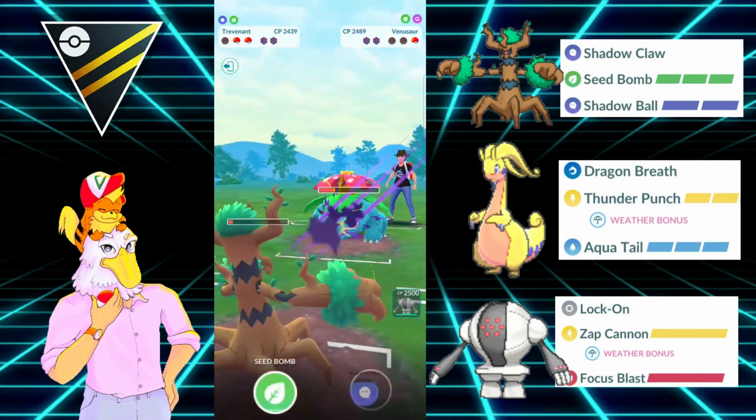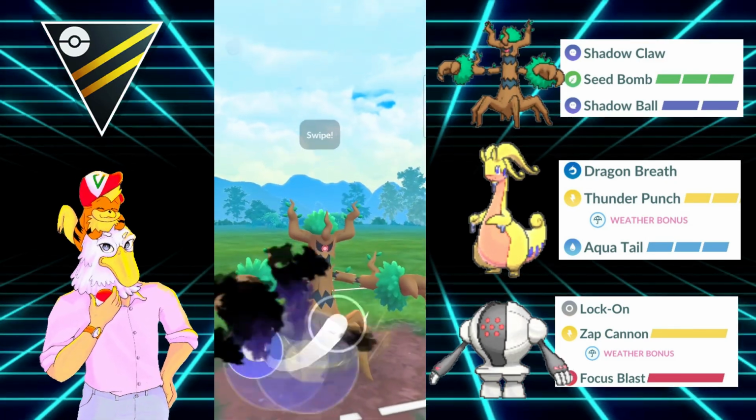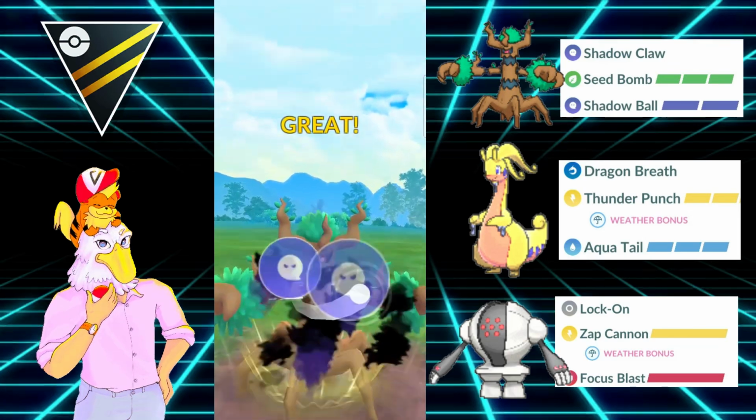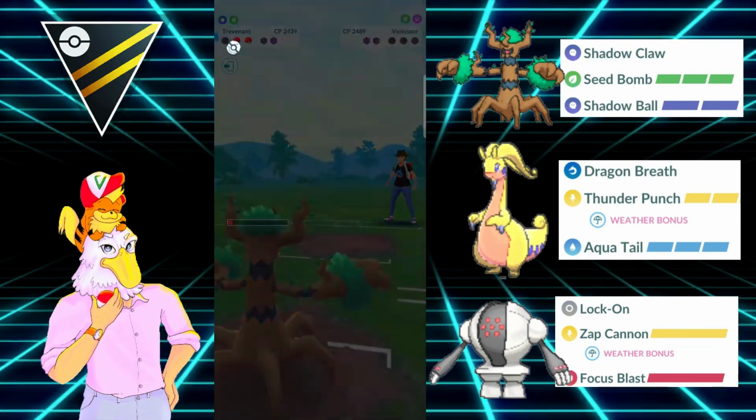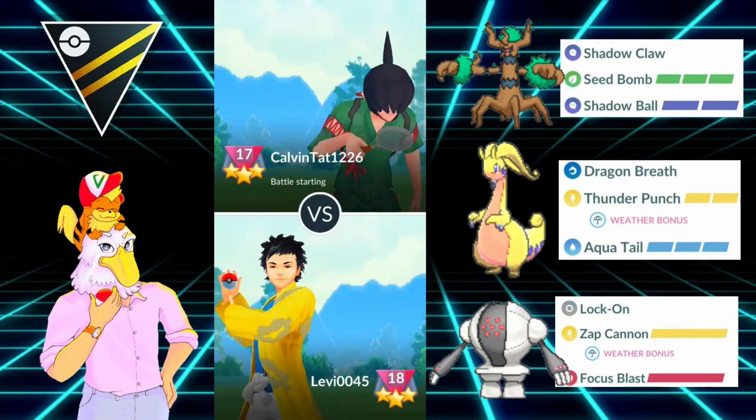And they throw the Sludge Bomb over here, and we get to another Shadow Ball. So this Shadow Ball should be enough to take out the Venusaur. And so GG to my opponent, good game. So heading on to the next battle,